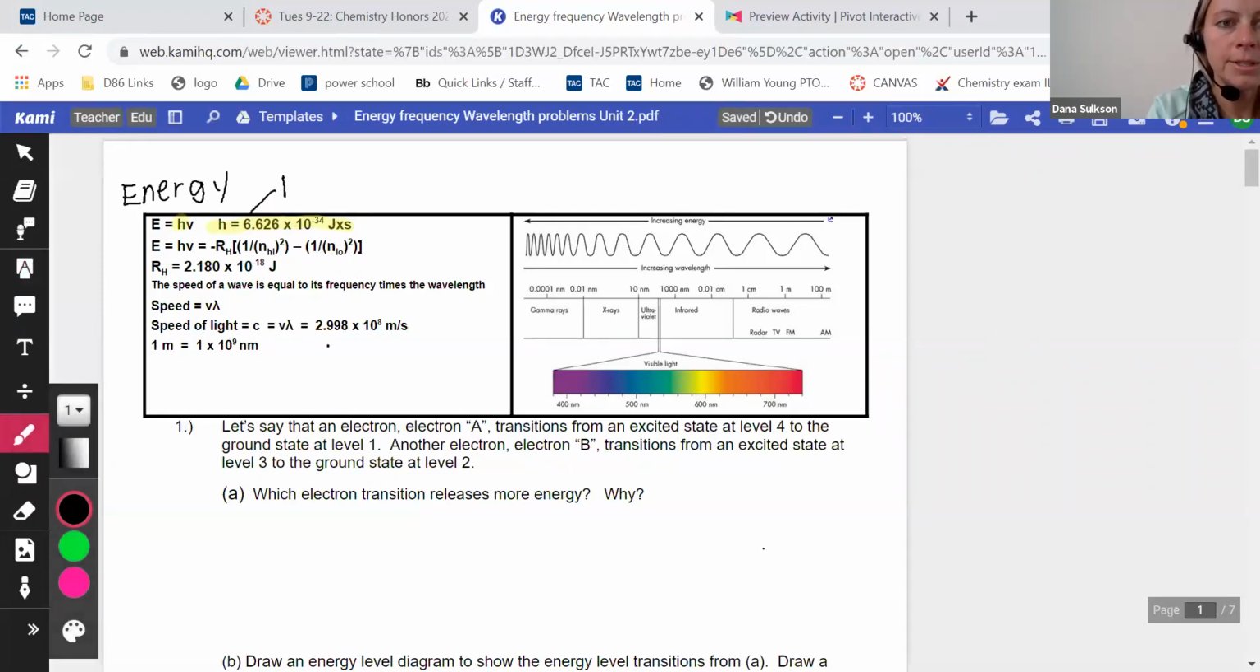Your H represents something called Planck's constant. It is a constant. It's already been established by Max Planck, and it's nothing that you need to memorize. It will always be given to you. Again, regardless of where we're testing, in the school or remotely, it'll be given to you. It is 6.6